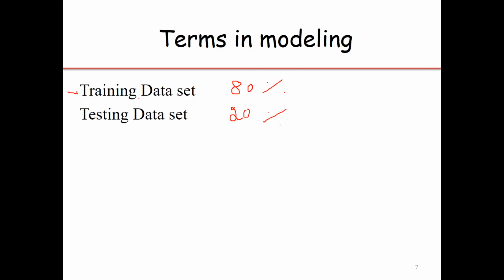After model training or model fitting, our model testing procedure will be done with the help of the testing data set. And model prediction will be done with the help of new data or unknown data. Unknown data is the data in which the values of the predictors are given, but the value of the response variable is unknown. That is why we call it unknown data. Unknown data is used for the prediction purpose.